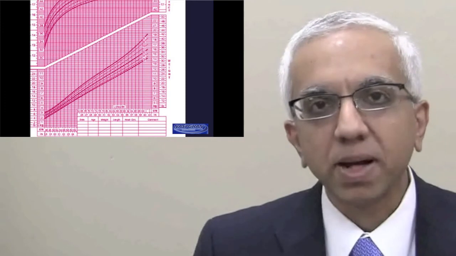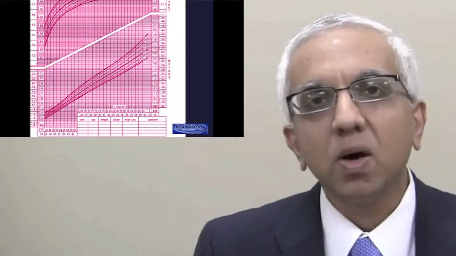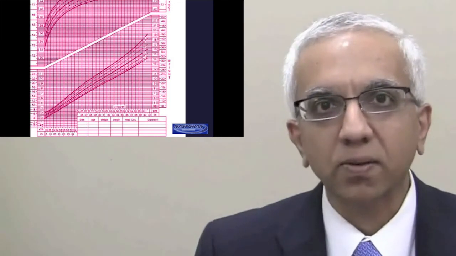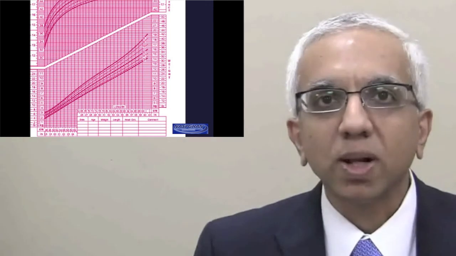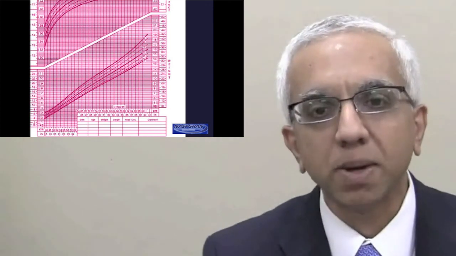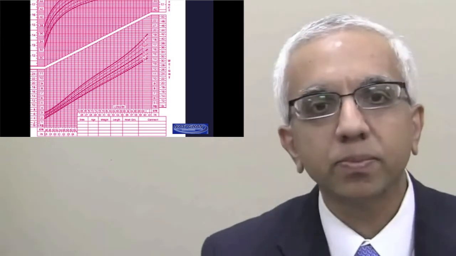This slide is a reminder that you should turn the page over and look at the weight for length or the BMI, understanding that many of you are using electronic medical records. You still will have to electronically turn the page over and look for either weight for length or BMI to properly define a child as having failure to thrive.